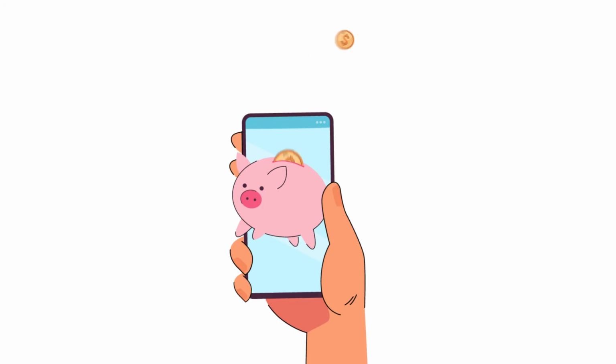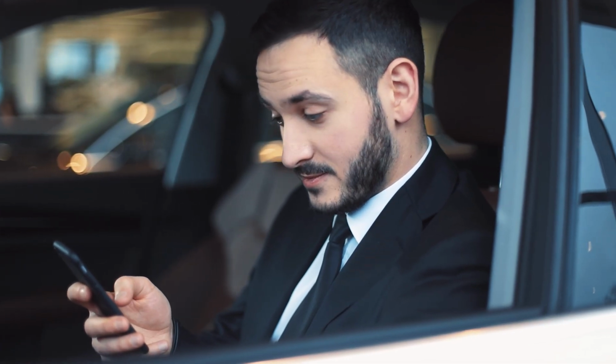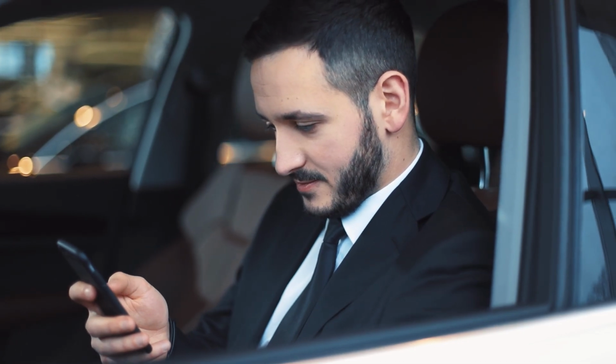One of the biggest advantages of Lemonade Car Insurance is its flexible pay-per-mile pricing model. If you don't drive often, this could save you a significant amount compared to traditional flat rate insurance. The AI-powered claims process is another huge plus. Filing a claim through the app is super quick, and in many cases, chances are you'll get a resolution much faster